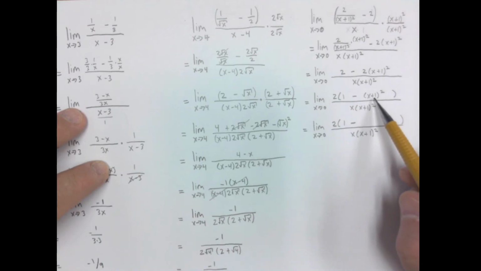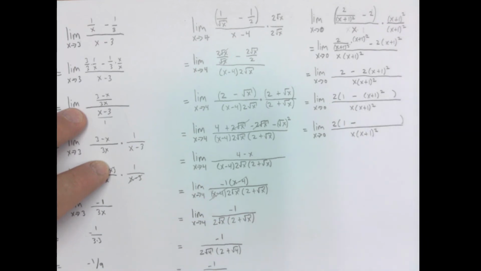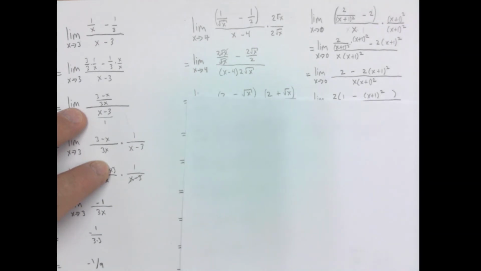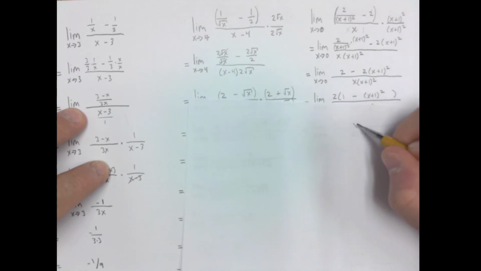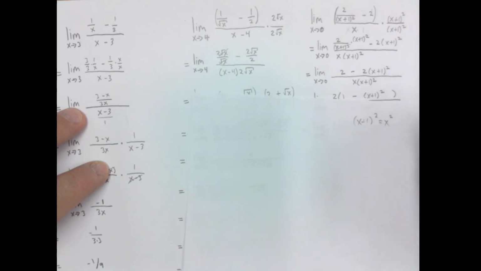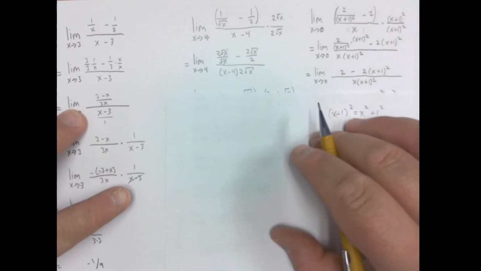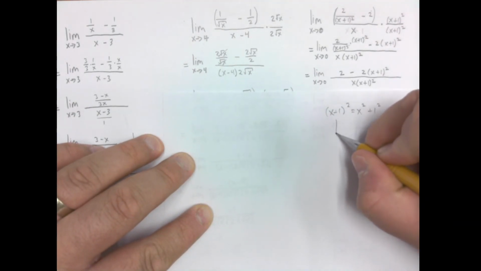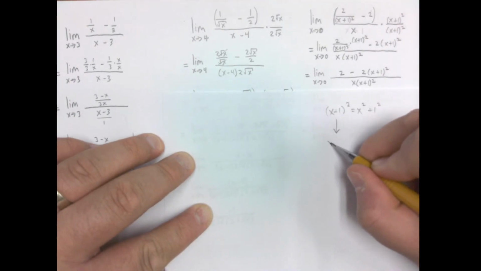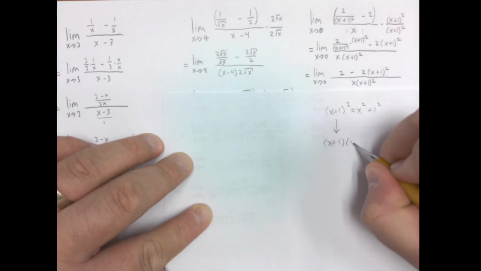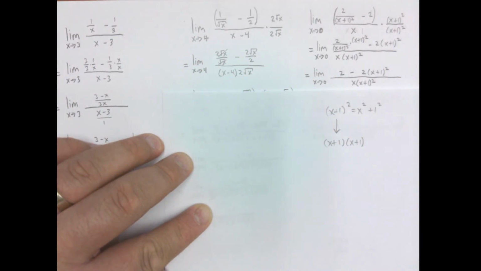I think they call it the sophomore's dream, or maybe it's the freshman's dream, that a lot of students want to say this. A lot of students want to say x plus 1 squared is equal to x squared plus 1 squared. You might be guilty of that yourself. But remember, that is not true. x plus 1 squared instead is equal to x plus 1 times x plus 1,